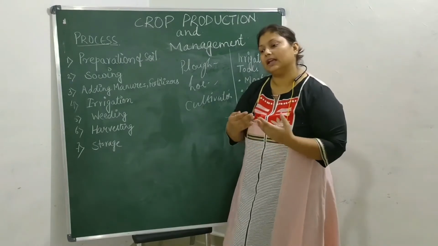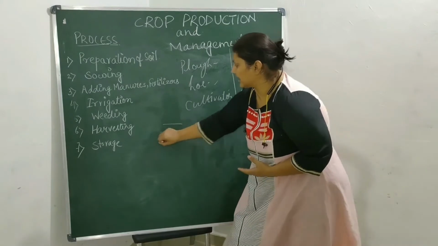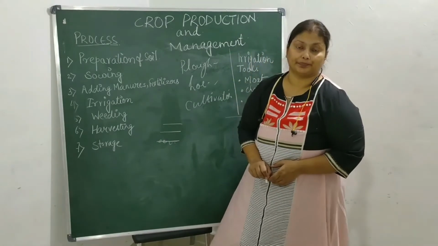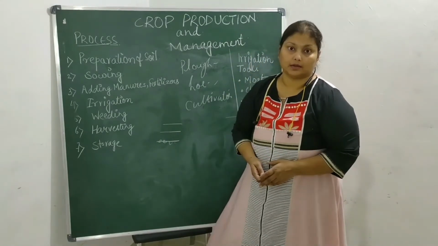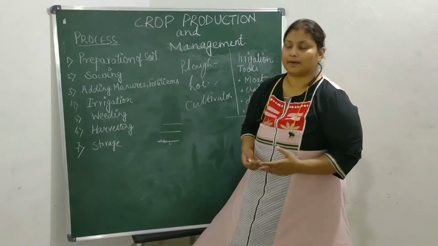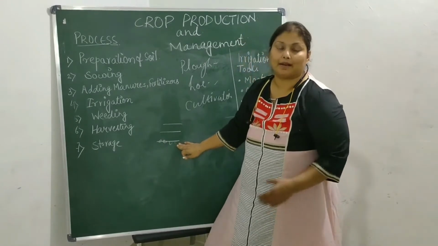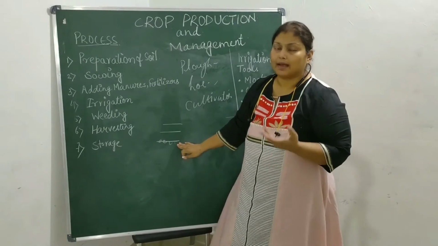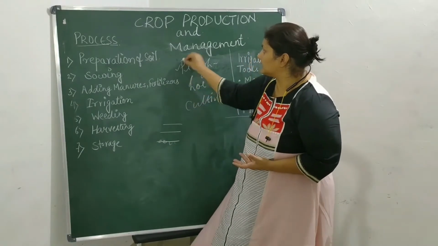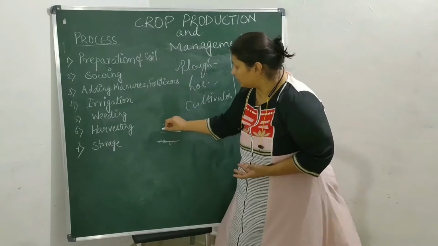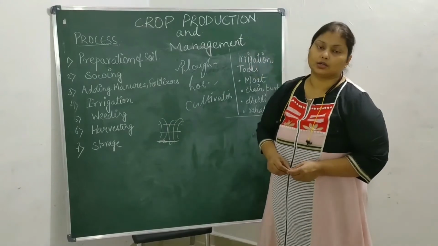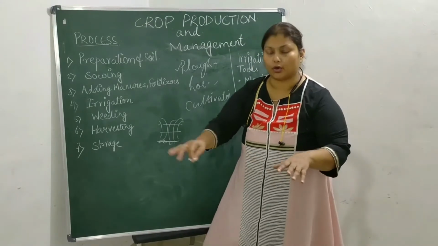Because the inner layer of the soil, this is first layer, second layer, third layer, has the maximum amount of nutrient. Nutrient means the food for the plant, the food for the germinating seeds. So they require food also for the development. These nutrients, for example nitrogen, potassium, magnesium, are the nutrients for the plant. By using these machines, we plow this field and take out all the nutrient and mix it on the land, so an equal amount of nutrient is spread all over the land.